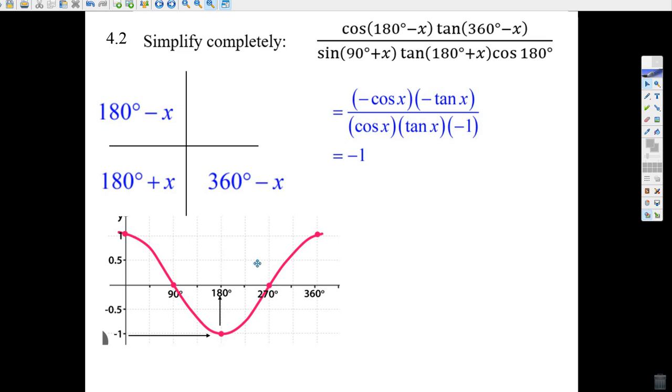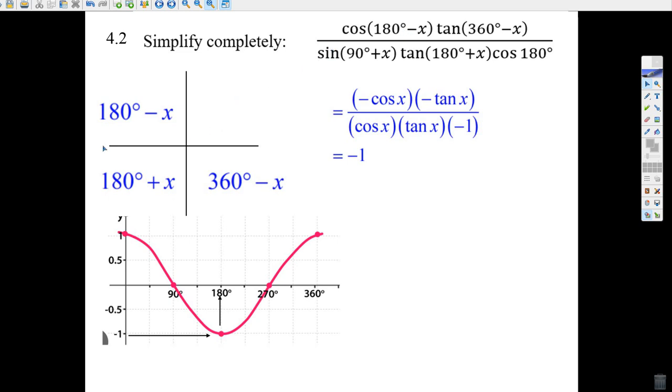Okay, this is question 4.2, a general reduction problem. And let's do it. Cosine of 180 degrees minus x. We're supposed to reduce this. Well, whenever you have this x thing, you've got the reference angle. So you've got the wedge. It's going to be like the cosine of x, but your problem is to figure out where is the 180